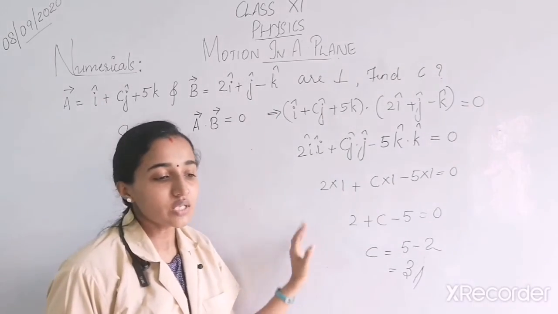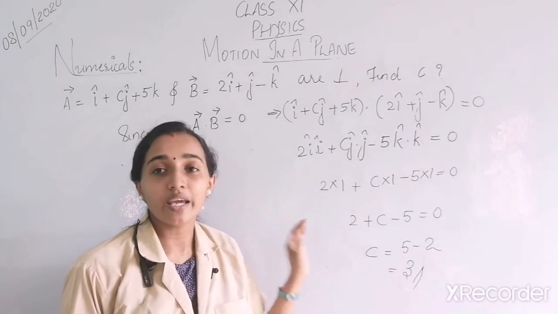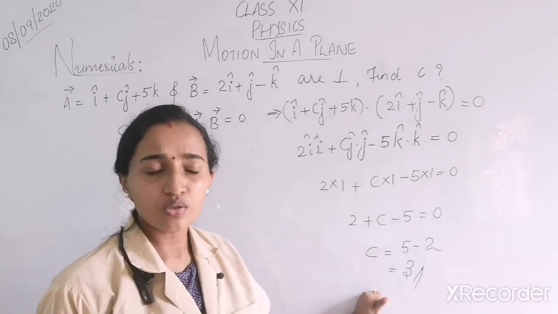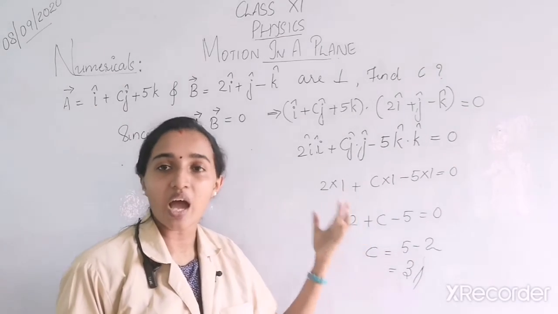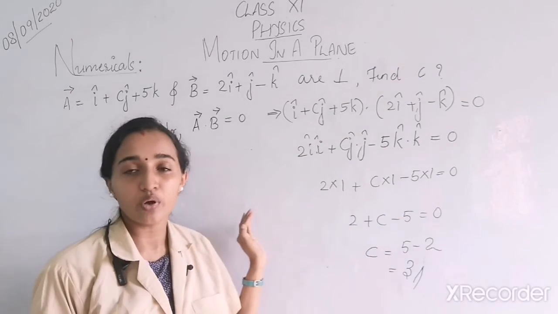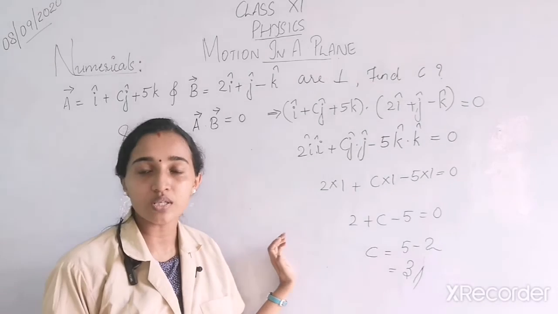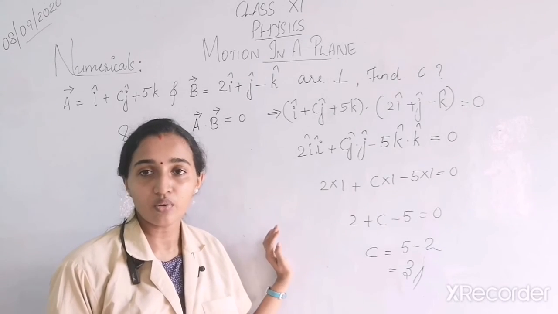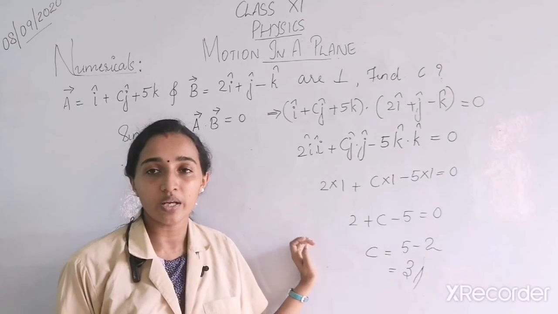Okay? Now, these are some problems which you can get from your scalar product part. Okay, so this numericals part will be very easy. Similar questions you have in your textbook, try solving them. If you have any doubt from your scalar product part, feel free to put it in the comment box. I will put the answer there. Okay, now with this I am going to wind up with your scalar product numericals.